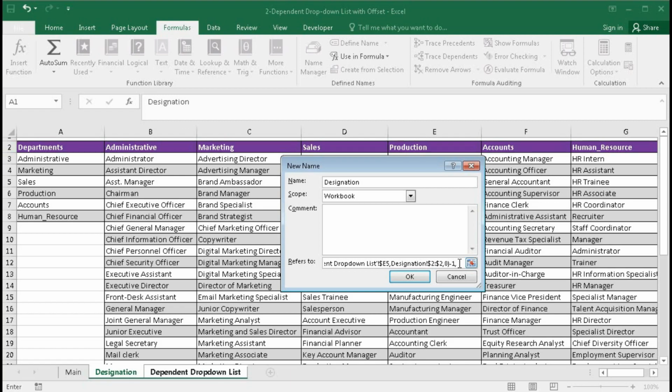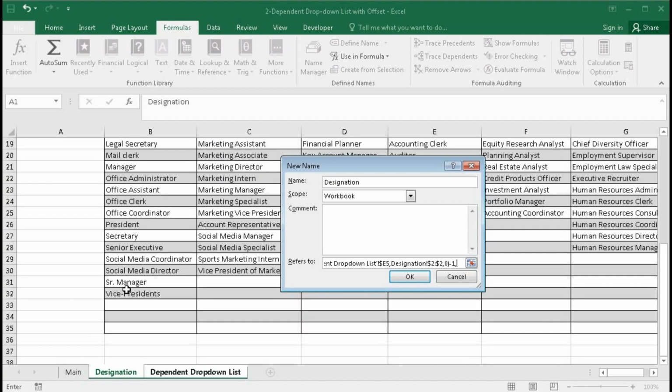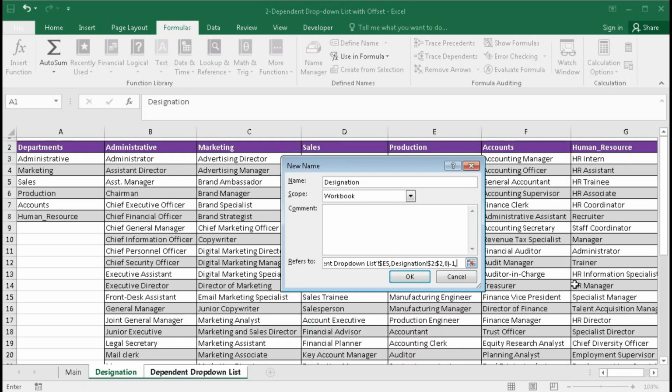So our height will be different for each. You can see here there are more or fewer designations in different departments. So here the height will be dynamic. For that we will again use the OFFSET function and also the COUNTA function.